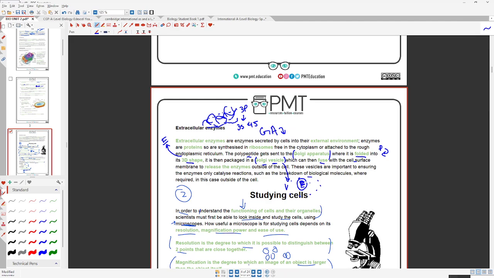So it doesn't catalyze reactions within the cell, only after it fuses with the cell membrane over here and it leaves. Then the vesicle is destroyed because it fuses with the cell membrane, and the enzyme itself is released to the outside. It's extracellular now, and it can catalyze reactions in the outside solution, right? So the vesicle in this case is used to prevent any reactions between what's inside the vesicle